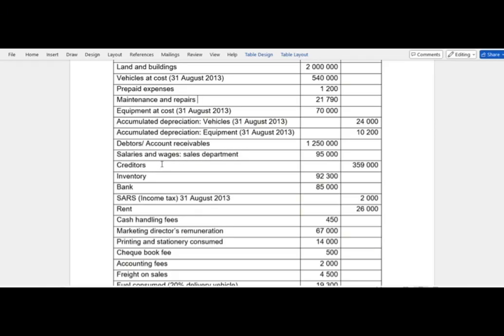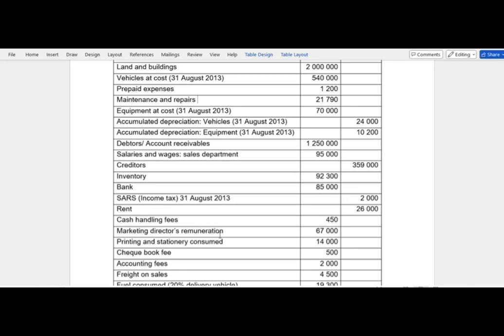Creditors are liabilities. Inventory is a current asset. Bank is an asset. SARS is a liability. Rent, we still have to determine whether this rent is rent income or expense. And then cash handling,